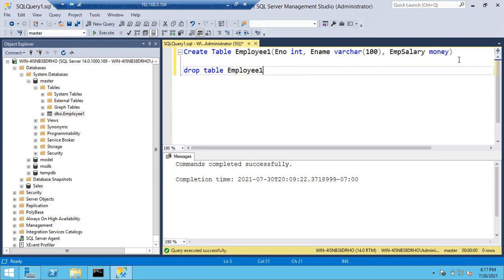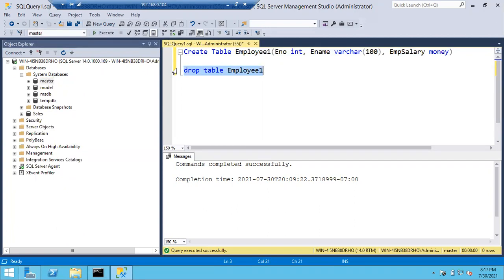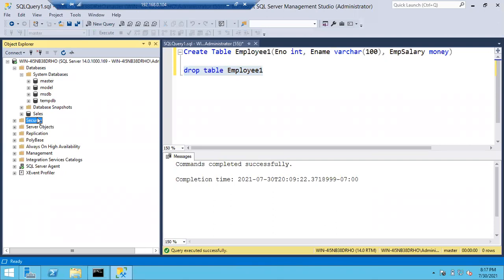Imagine you have to drop this table from the master database. The customer is asking to delete the table from the master database, but the same table is there in the sales database also. Employee one table is there in the master database, and employee one table is there in the sales database also.